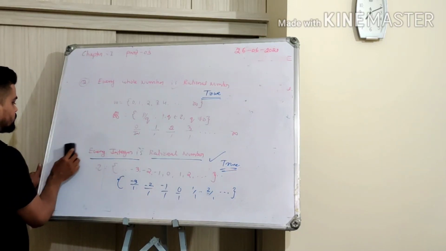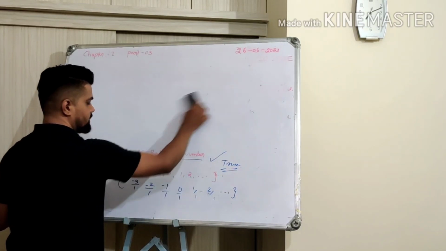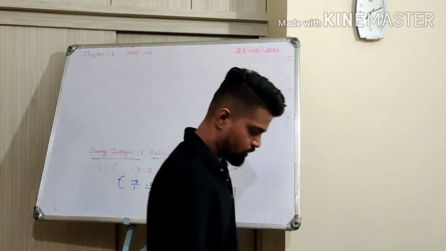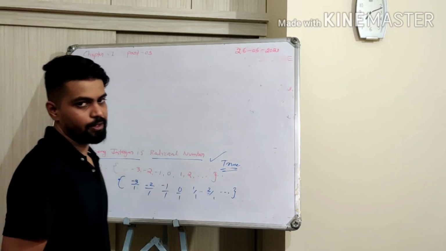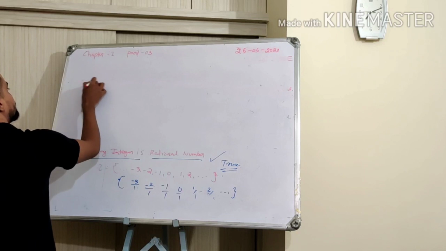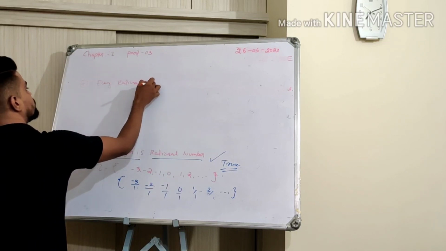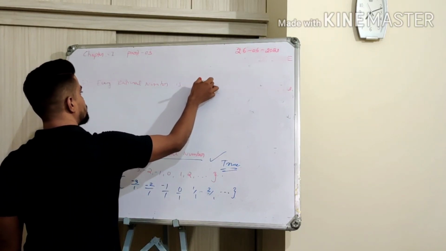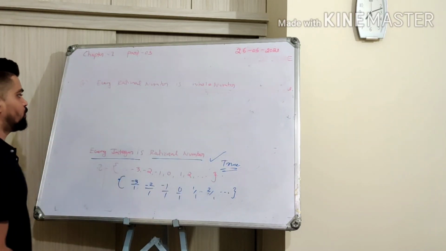Okay. So now tell me, what is the last statement given there? The last statement is exactly the reverse of the second statement. Every rational number is a whole number. The second statement was saying every whole number is a rational number. But what the fourth statement is saying is every rational number is a whole number. So if it is false, you just have to give an example to make it false.